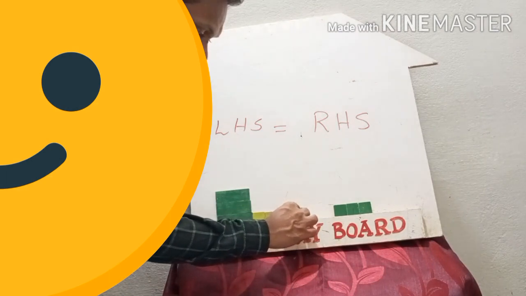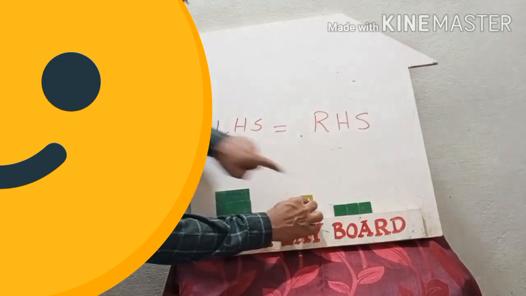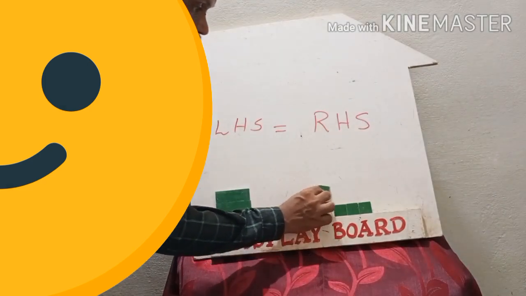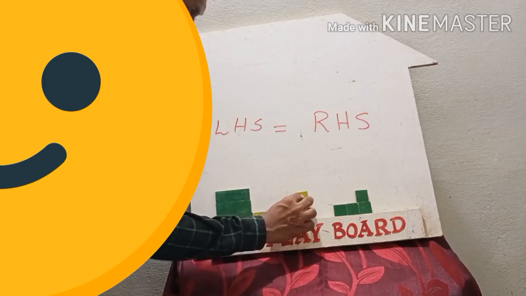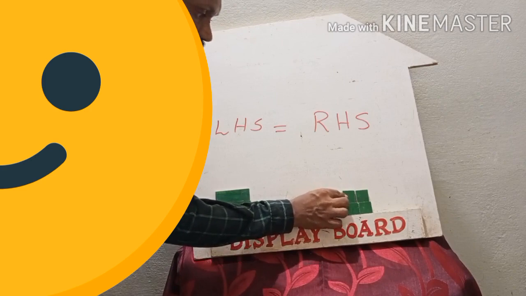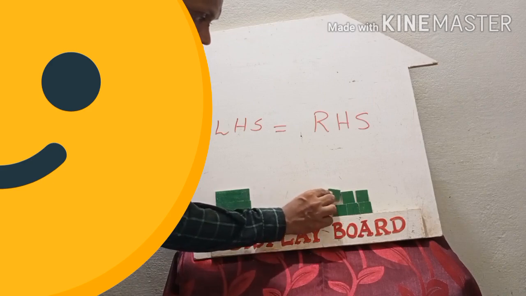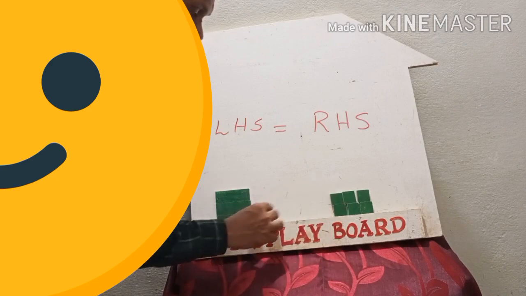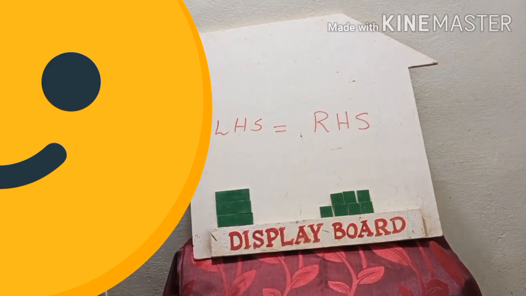While transferring this square bit at the equality sign, it will be reversed and come like this. Then you will take the second one, it goes to that side. At the equality sign, it will be reversed and placed at RHS. Then one more, it will also reverse at the equality sign and be placed at RHS. Then this one also like this. Now, can you get the same color on LHS and RHS?